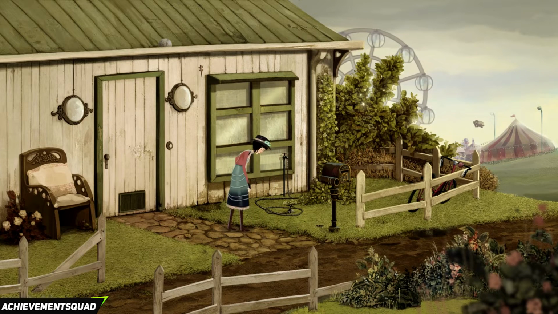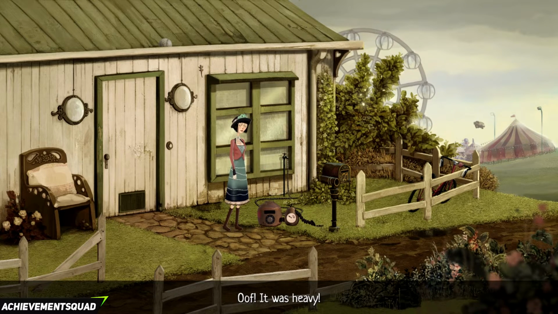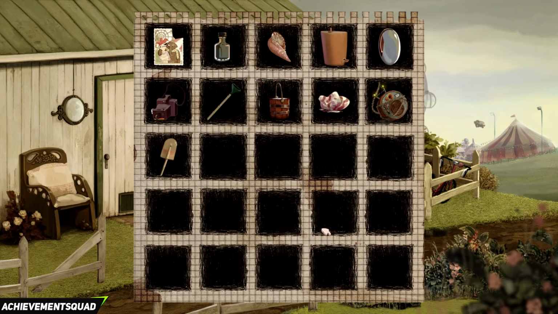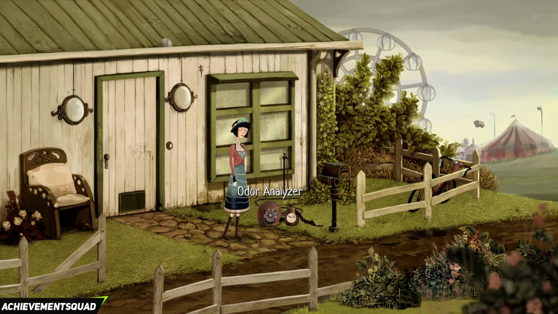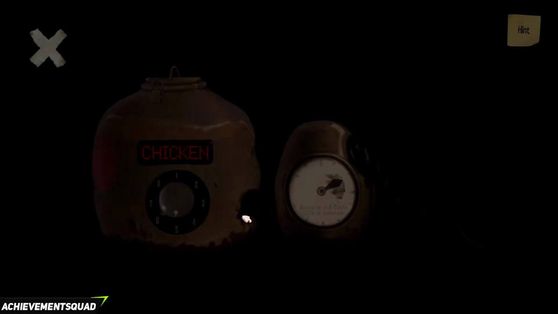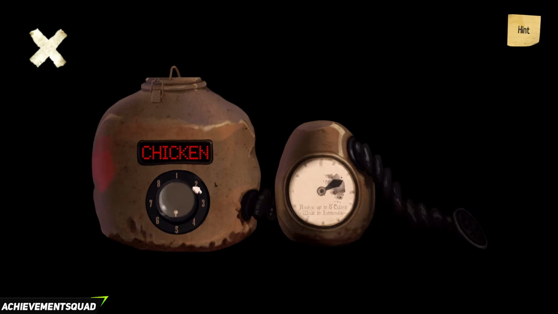And once you've done that, you want to get the dirty flag. It was heavy. Which is absolutely rancid. I don't know why it's in your pocket. And you want to put it into the odor analyzer. Kind of reminds me of the worm from Broken Sword. Inspect the odor analyzer, and then when you're looking at the odor analyzer, we want to put the dial onto number 2, so it says peanut, like the peanut punch from earlier. Click the cross,